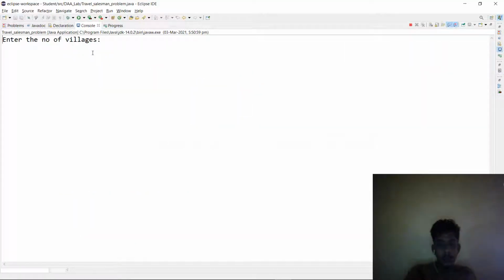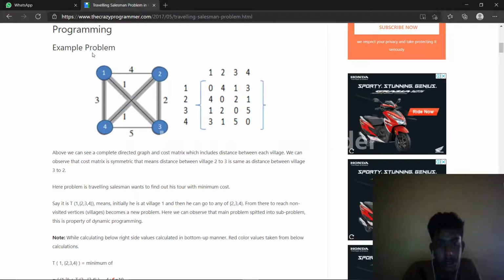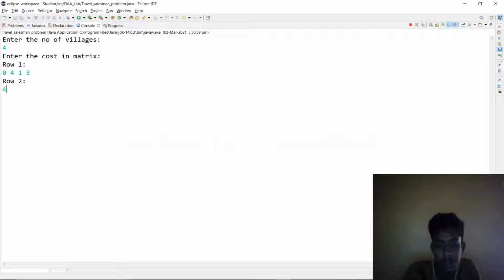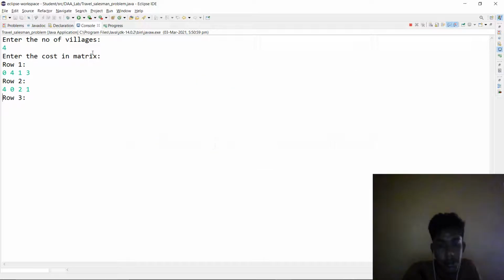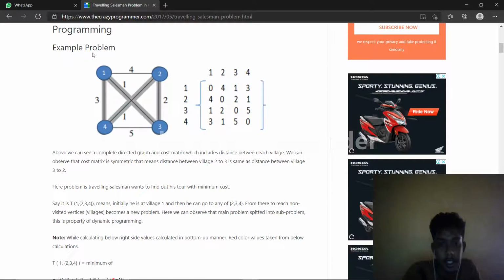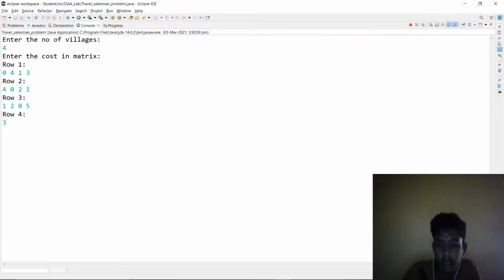It is 4 cities and the starting row is 0413, second row is 4021, and it is 1205, and it is 3150.